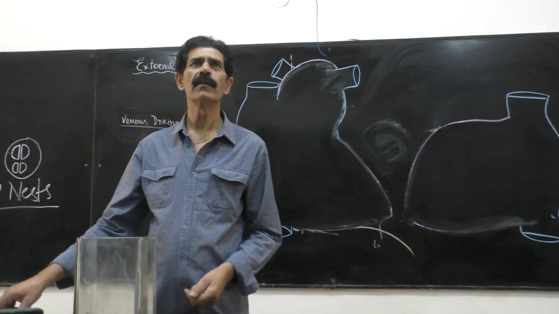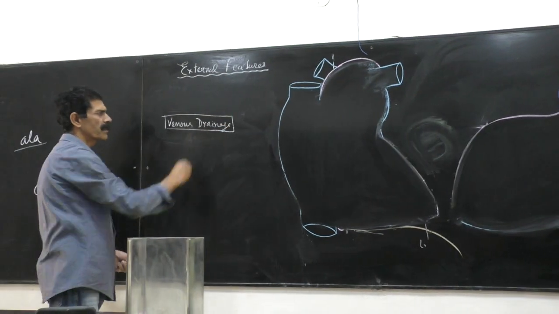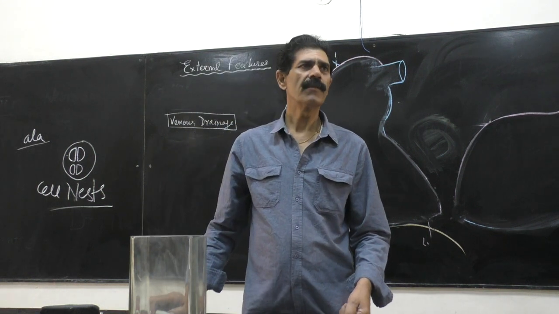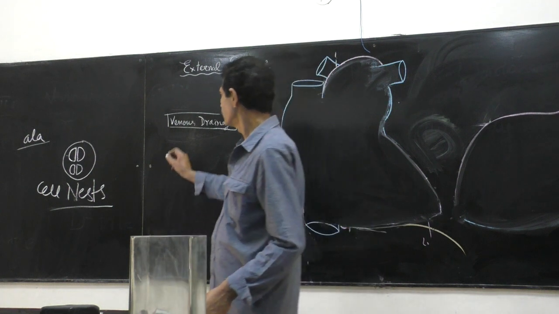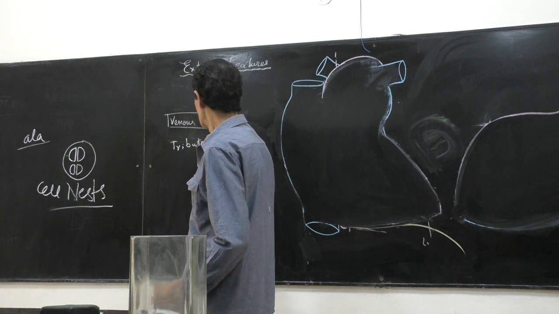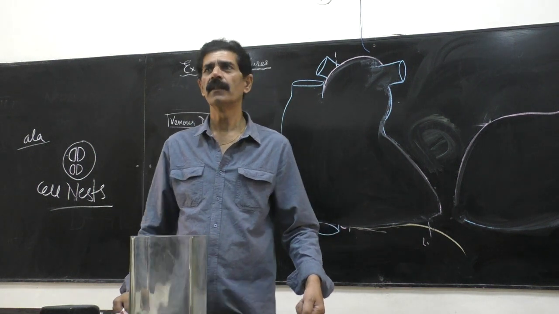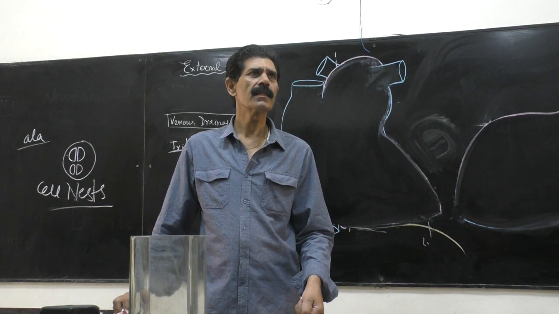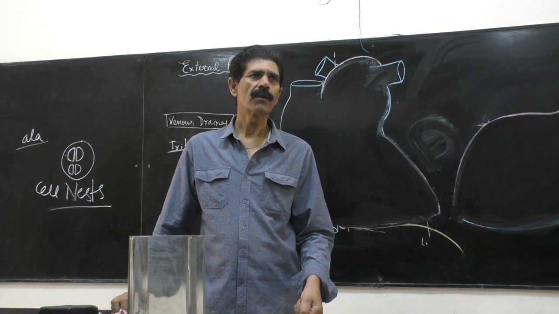Supply of the heart. Now today will be venous drainage. Venous drainage means how the whole of the impure blood from the heart goes out. That is called the venous drainage. For the veins we use the word tributaries. For arteries we use the word branches. So never use the word branches for the venous drainage. They are called the small or large tributaries which go directly or indirectly to collect the whole of the venous flow.